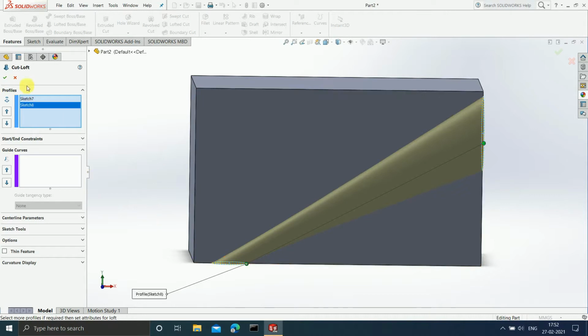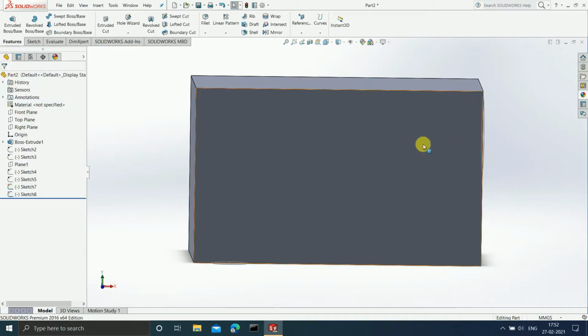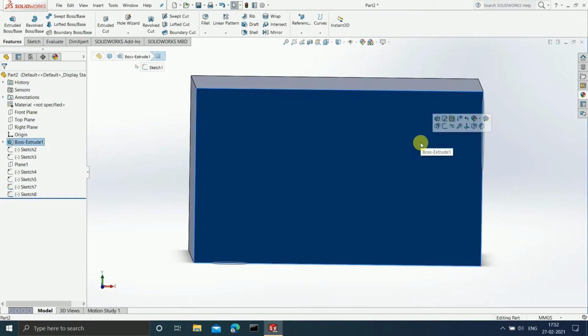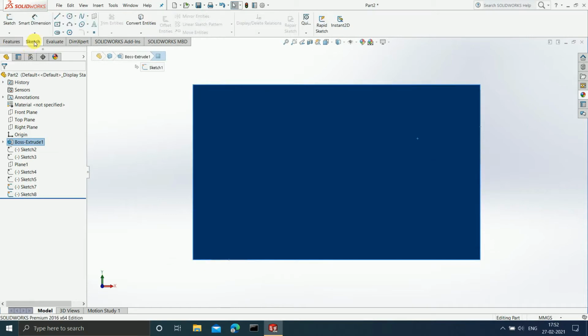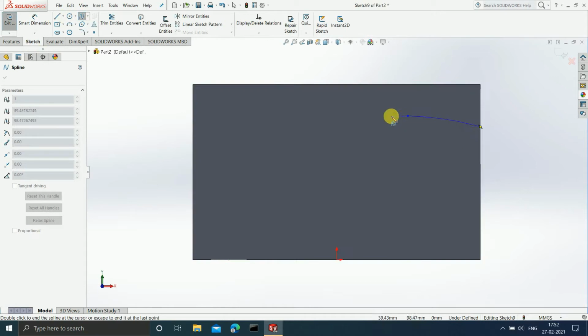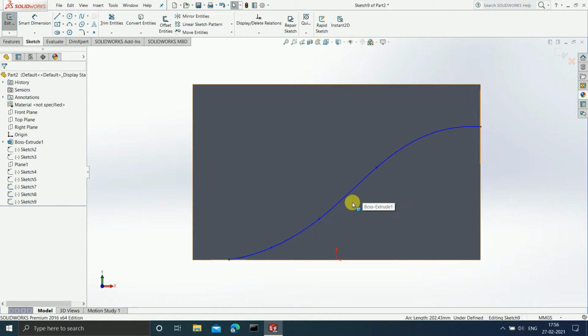For that, first of all, let us cancel this, and now you can create a path which you want it to follow. Press Ctrl 8, and now you can create a path that you want the 3D cut to follow. I'm going to create a path using the spline. Okay, I have just created a random path. Now I have given a proper shape to this particular spline. Now after this is done, I will end the sketch.